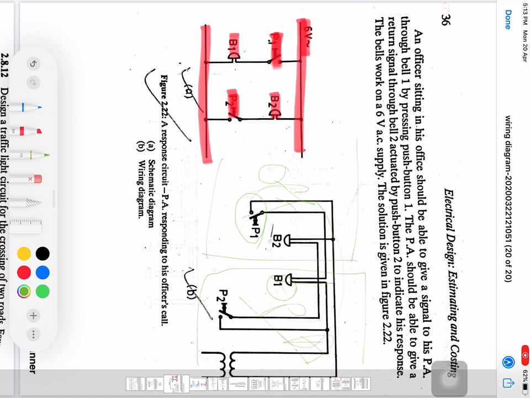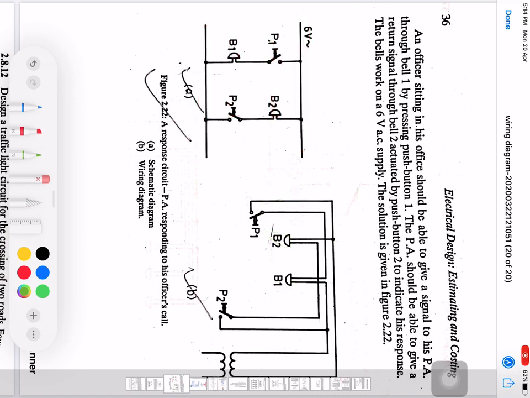to the office. In response to this alarm, the PA will press this push button P2, and this will trigger the bell B2, and this B2 is positioned in the office of the officer, and he will receive information that the PA has got your call and will be coming shortly. So this is the idea for the PA responding to the particular call. I hope you guys would have gotten